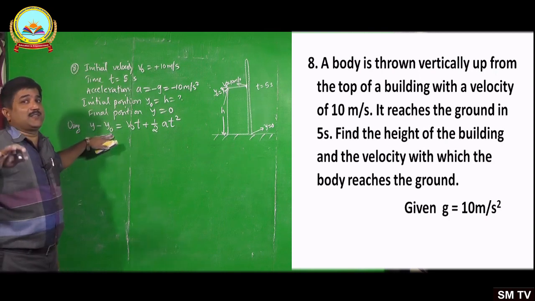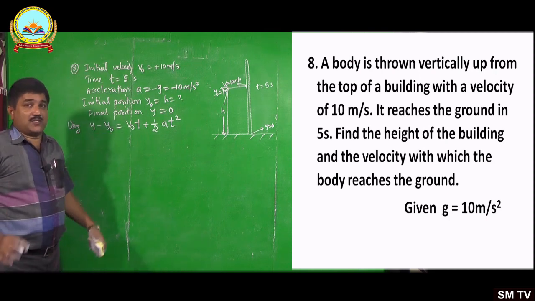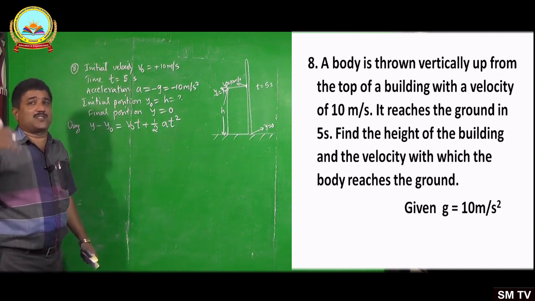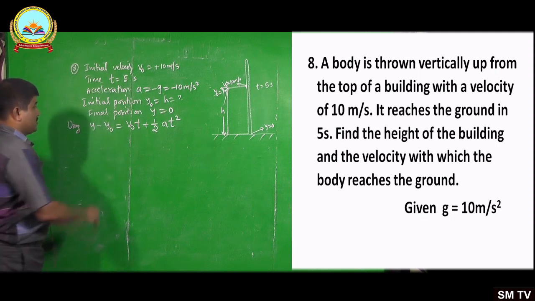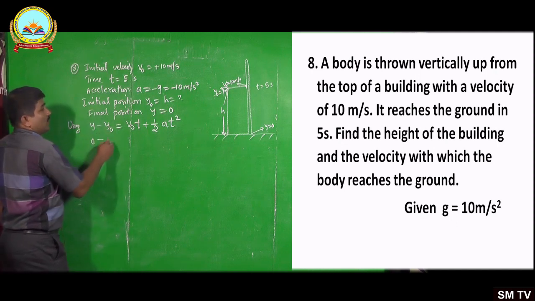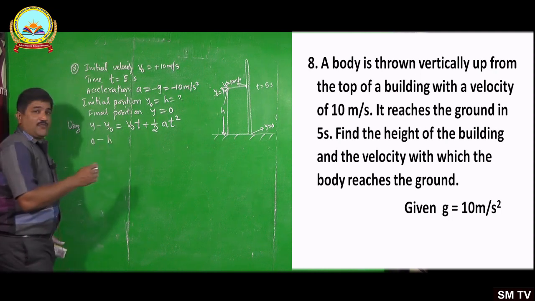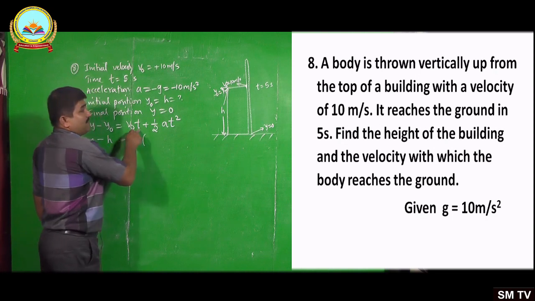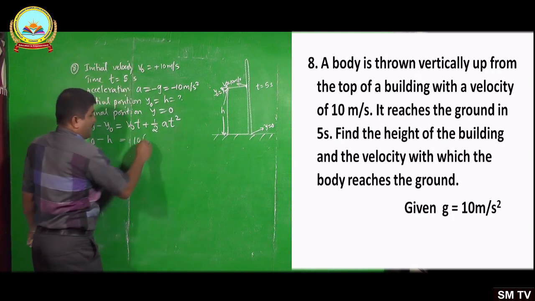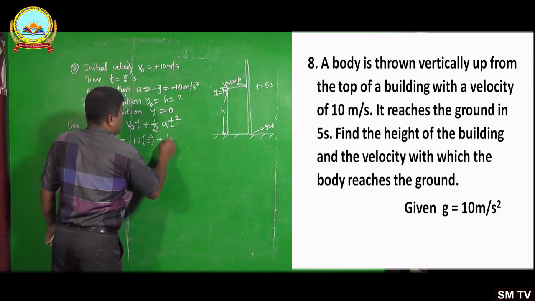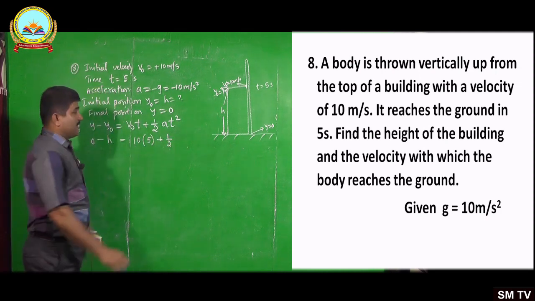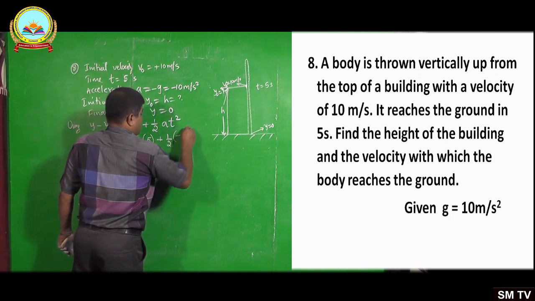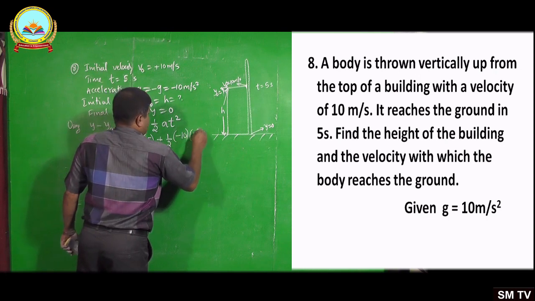To find the height there is no term in the first equation. To find the height we have to use the second or third. To find the final velocity we have to use the first or third. So here we use the second equation. Now substitute the values. y is 0, y naught is the initial position h, the value you have to find. Then v naught, the velocity of projection, is 10, and the time for which it is under motion is 5 seconds, then plus half a, where the acceleration a is minus 10, since g is 10, then t square is 5 square.